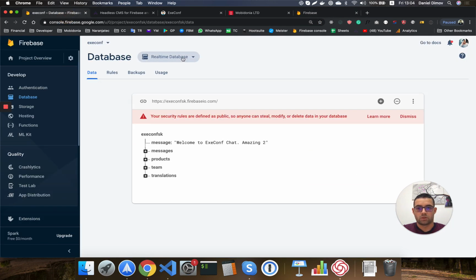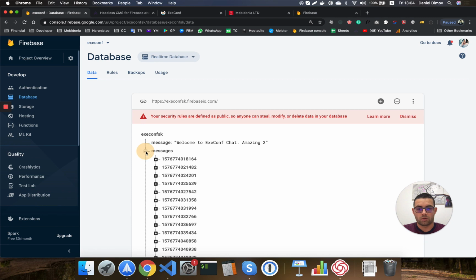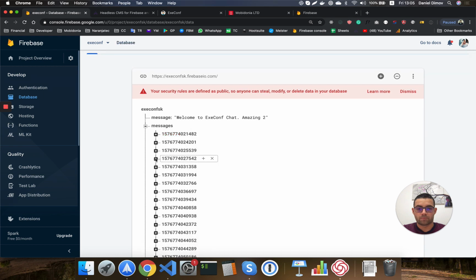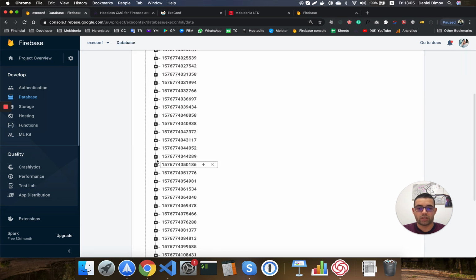So this is a Realtime Database, and this is a simple example of how a database may look. It has elements and nodes inside. For example, this node has the value text. We can delete or add. So this is in fact a chat app that we built last night in a conference demo,